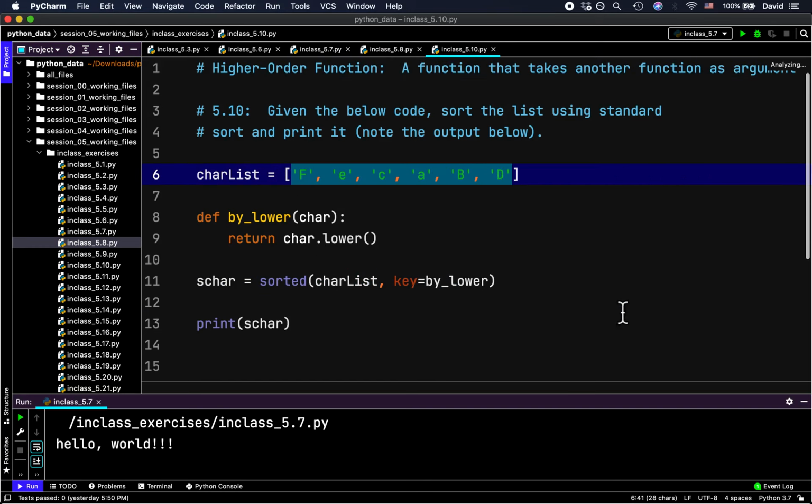You may remember this from the complex sorting. We're taking these letters, which are sortable, but they're not going to sort alphabetically unless we do something to each one for sorting purposes. And we are passing the name of a function as argument. Now what this is doing, of course,